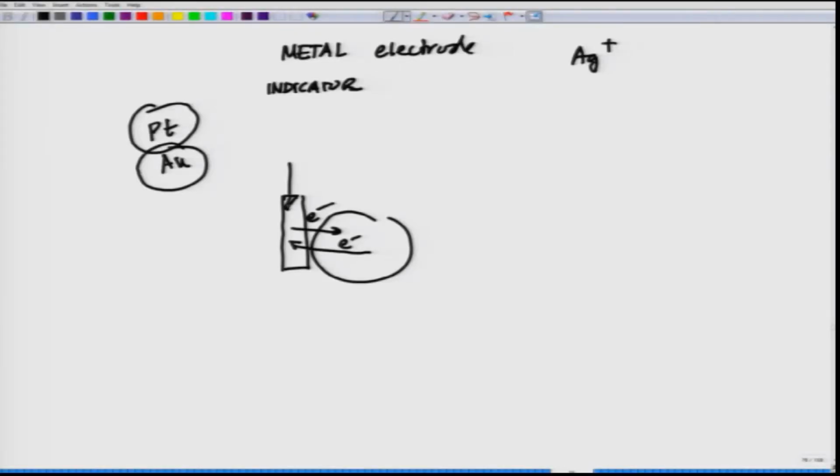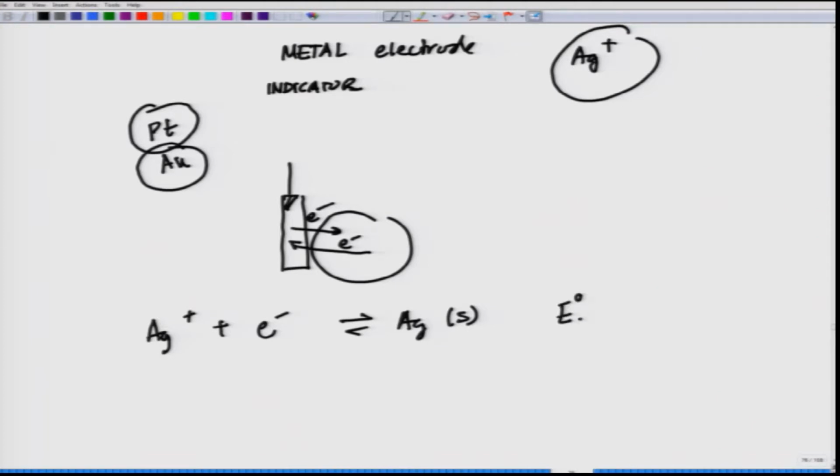A metal electrode works best when its surface is large and clean, and there are several techniques to clean it. So, what we will be talking about is a silver electrode that can be used with a reference electrode to measure Ag plus ion concentration. The reaction at the Ag indicator electrode is Ag plus plus e minus going to Ag solid. So, you always have to have a practice of writing these reactions. Ag solid, where E 0 plus is equal to